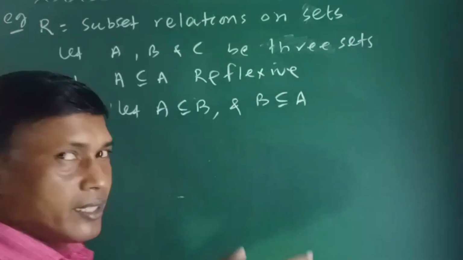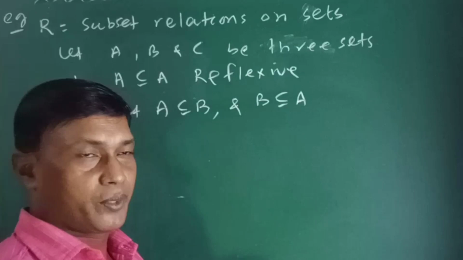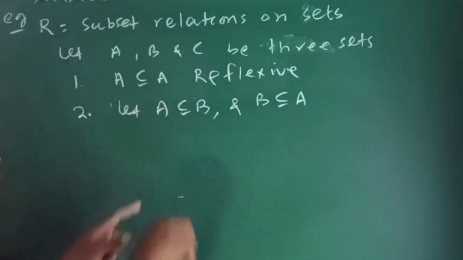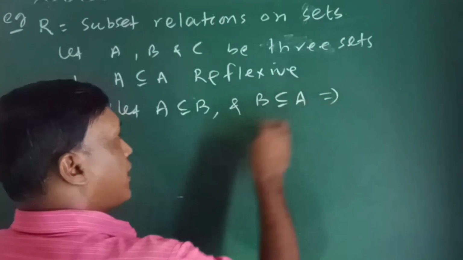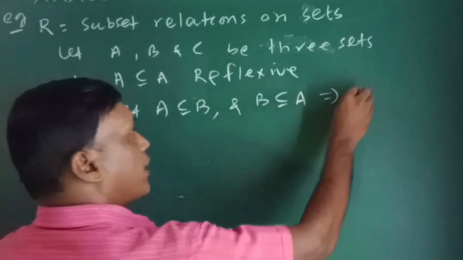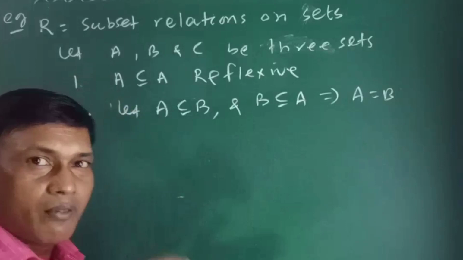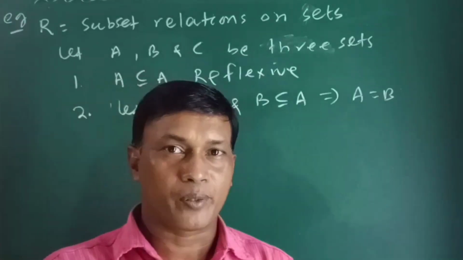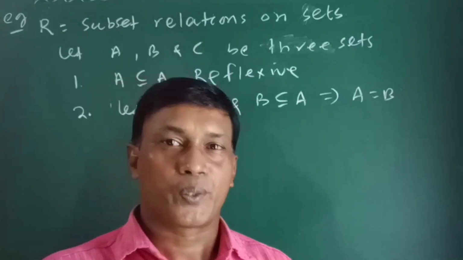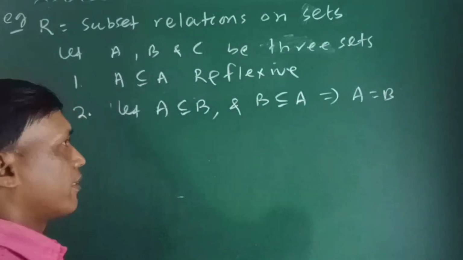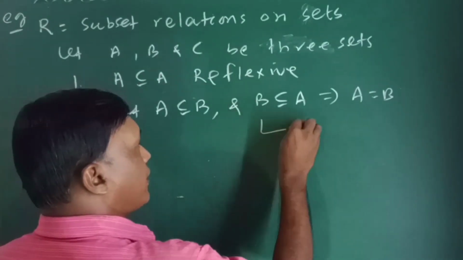If A has a relation with B, and B has a relation with A, the relation is a subset. So A is a subset of B and B is a subset of A implies A is equal to B. So what happens here? If A is related with B and B is related with A, then the two elements are equal. So this is the condition of an anti-symmetric relation. That means here this relation is